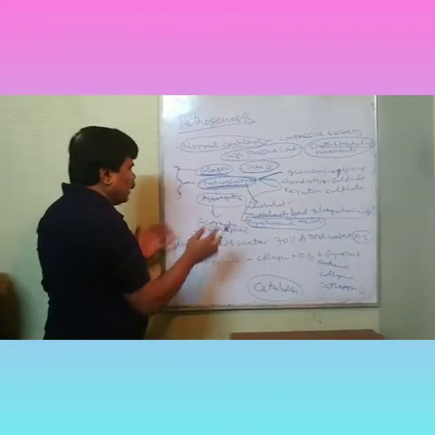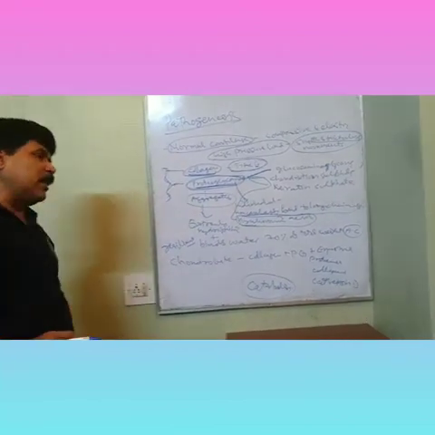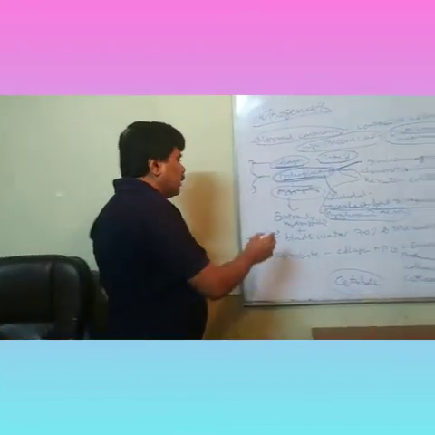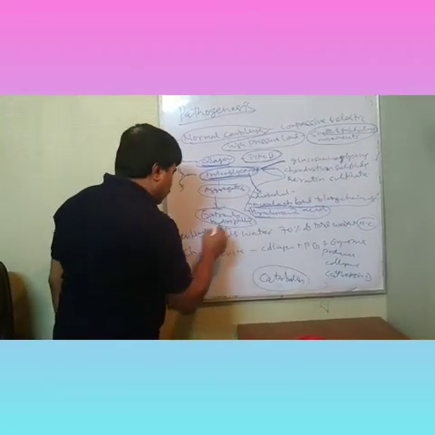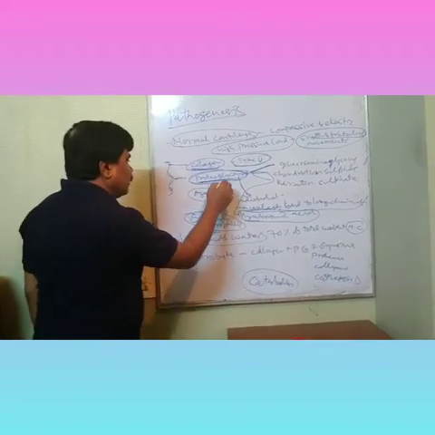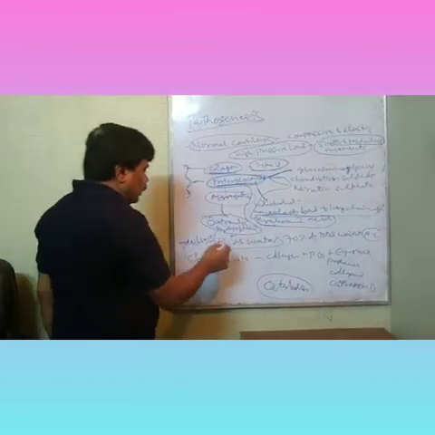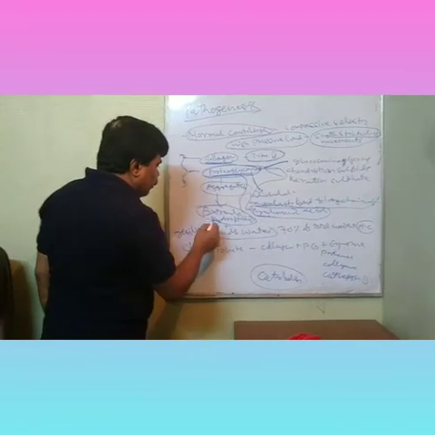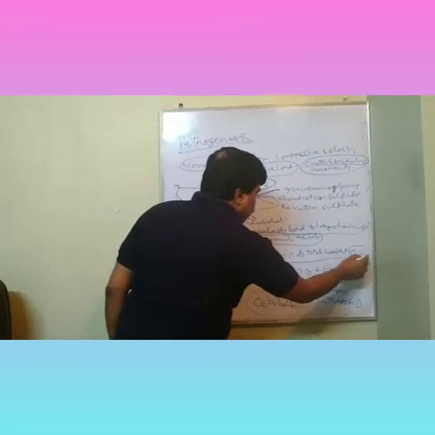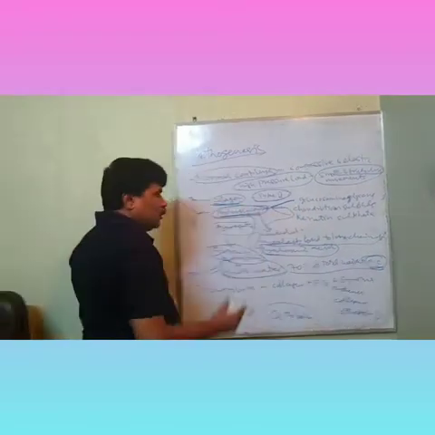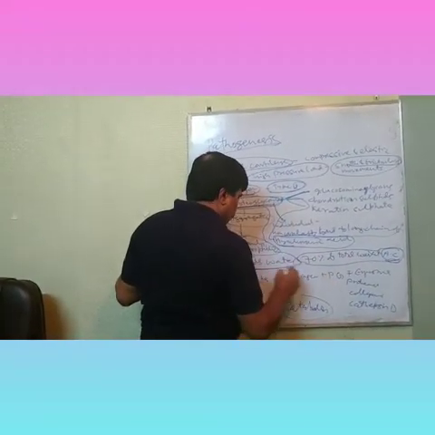These proteoglycans are found in aggregate, and these aggregate forms of the proteoglycans are extremely hydrophilic, so they bind water, just like cement and water. So this proteoglycan is hydrophilic in nature, so it binds water. If it binds water, how much? 70% of the total weight of articular cartilage is made up of water only.